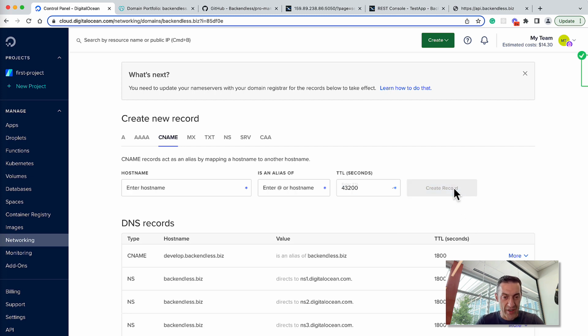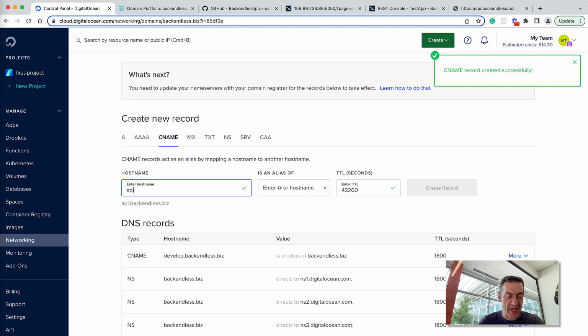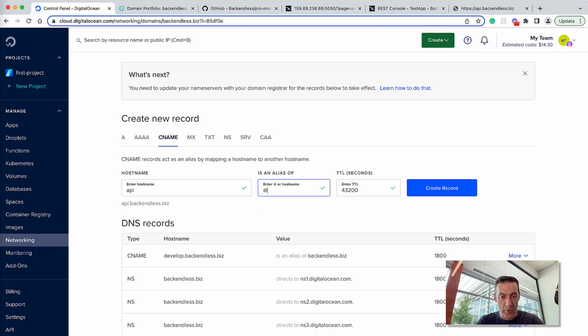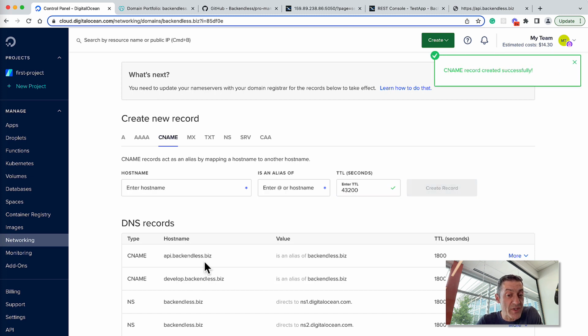Click create record, and repeat the same process for the API subdomain. So api.backendless.biz in my case points to the root, and set up the shortest TTL. Click create record. So now there are two subdomains, and that is sufficient in order to proceed with setting up